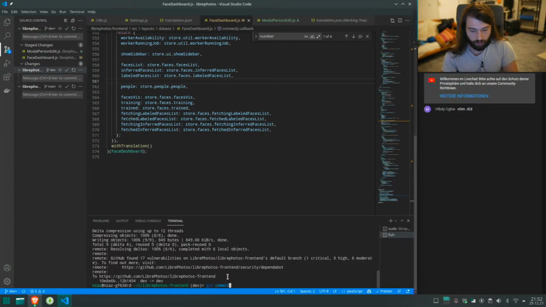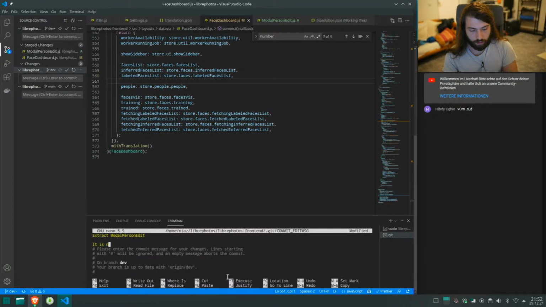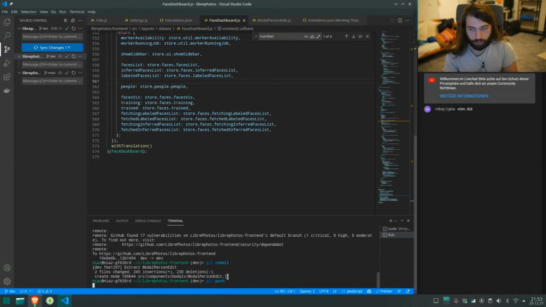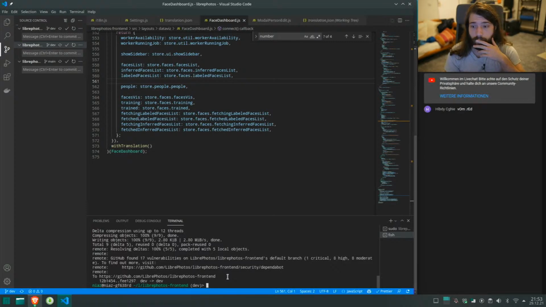Git commit, extract modal person edit. It is now its own file. Okay, git push. All right, so